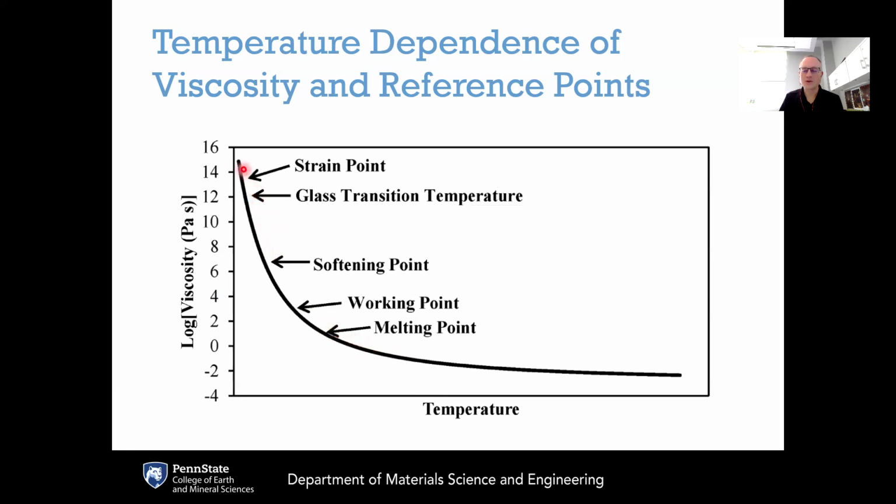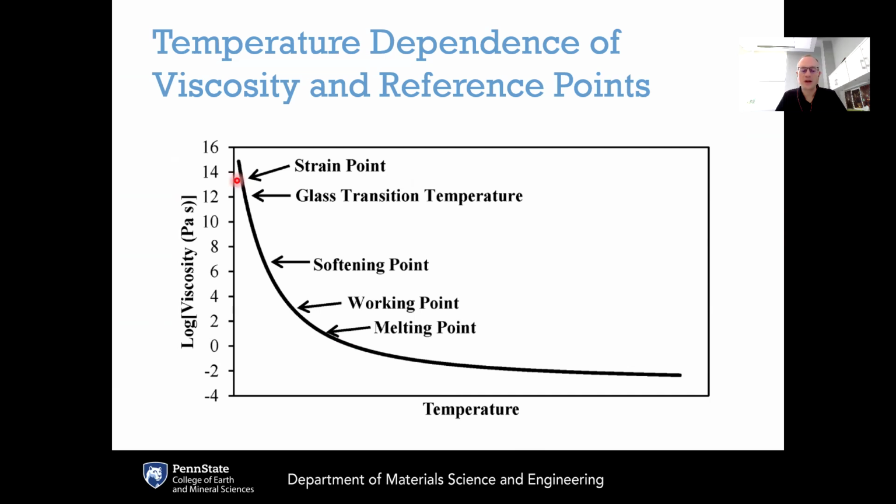glass transition temperature and down below its strain point, the viscosity is increasing by many orders of magnitude. It's increasing by more than 12 orders of magnitude. So this is an enormous change in the shear viscosity of the melt as it is cooled down through the glass transition and into the glassy state. And this is part of what makes viscosity such an interesting property to study, is because it's changing by so